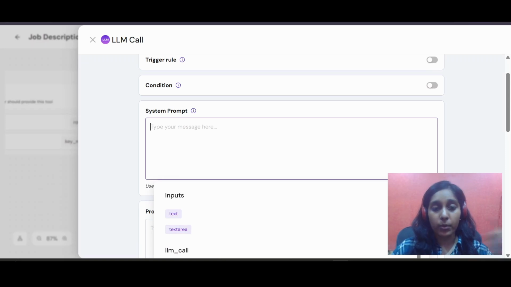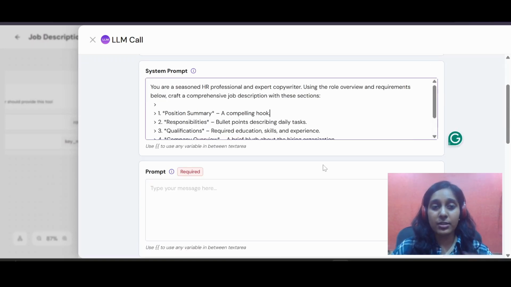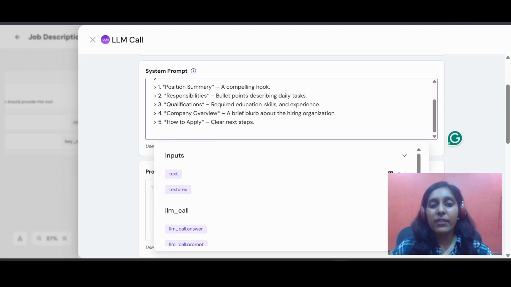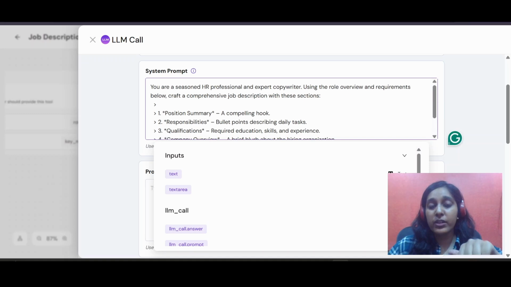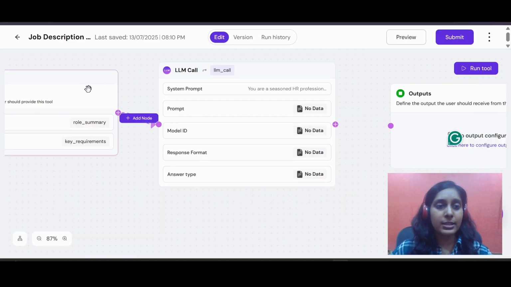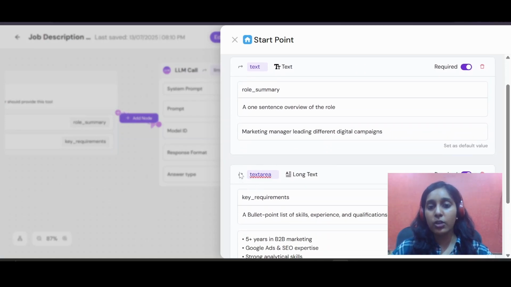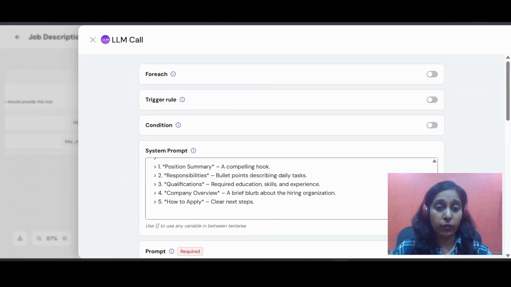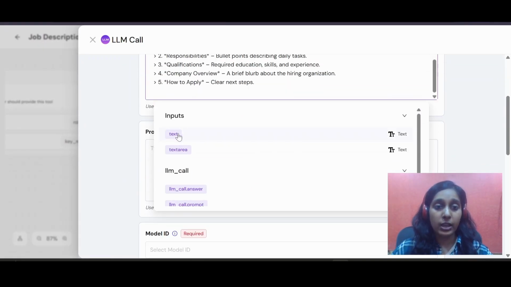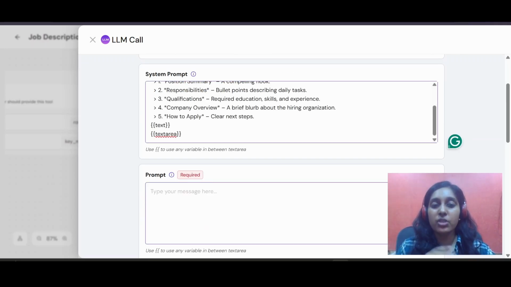So let's just write the system prompt. In the system prompt, I've mentioned what this system actually does, what is the exact role, and how it is gonna assess the input and generate an output. Here we also need to mention what our inputs are, which we have mentioned in the previous node. So let's see what variables we have used for those inputs. Okay, so one is text, as you can see, and another is text area. Now you can change these variable names, but now I know what the names of these variables are, so let me just include that. So you are gonna automatically get these inputs from here. So let me just give a gist about what these inputs are.